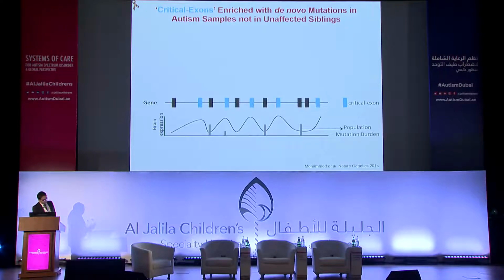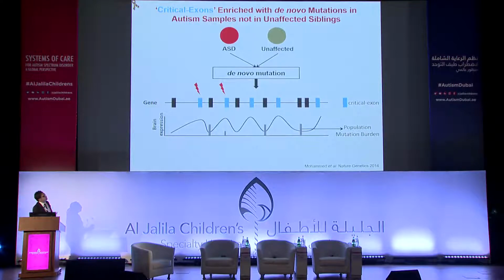Interestingly enough, we saw a negative correlation. The more burden we have, the less active in the brain. It's never been shown before. So some of the exons in the gene have a very interesting property. We patented this. This shows that some of the exons are highly active in the brain, but in the normal population, they don't acquire any mutation. That's very fascinating. But what we did was overlay the mutations that we see in unaffected siblings and in kids with autism spectrum disorder, and look what we found.